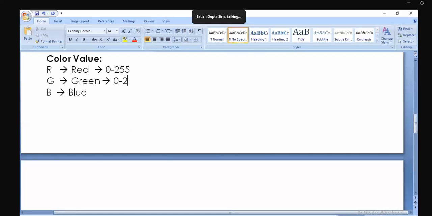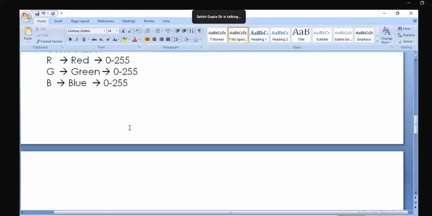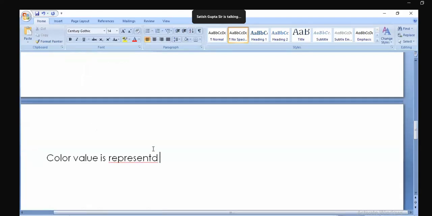Now 0 to 255 combination in green, and 0 to 255 combination in what? Red. Okay, that is red, green, and what? Blue. So total 255 colors, or 256 colors, will be there, and you mix these three colors and create one color. This color value is represented